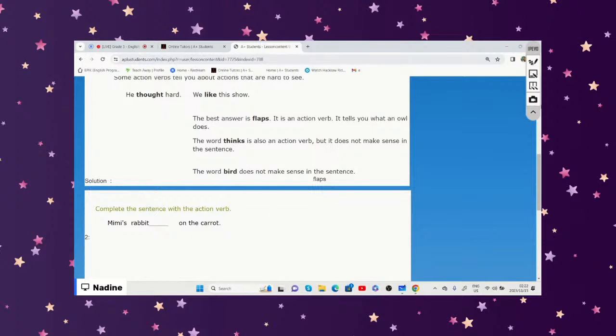So in this case, we will say that the rabbit, they nibble. So nibbles